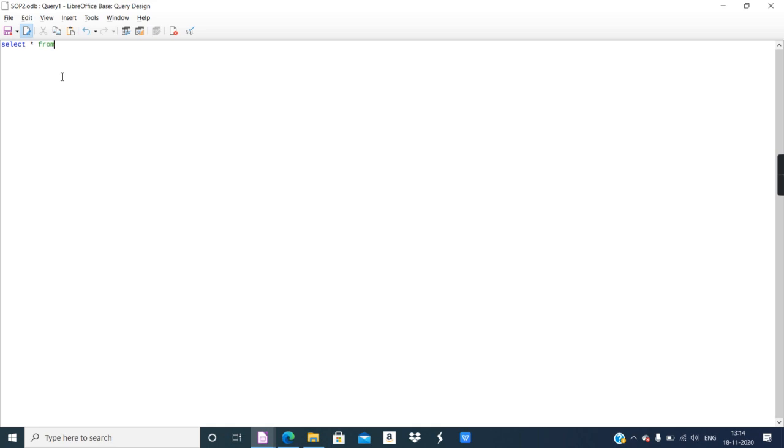So type select star from name of the table employee, where employee name. What is the field for the employee name? EMP name. Employee name is equal to, it should match with Mr. Suhas Kale, so we should give is equal to operator. Then what all operators are allowed? What all kind of symbols? So till now we have used only is equal to symbol and greater than symbol. Which all other operators are allowed, that also I will tell you.